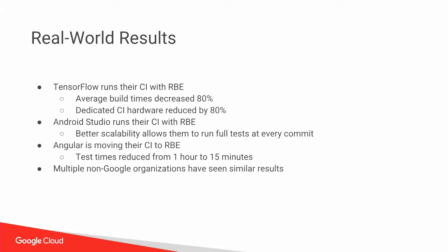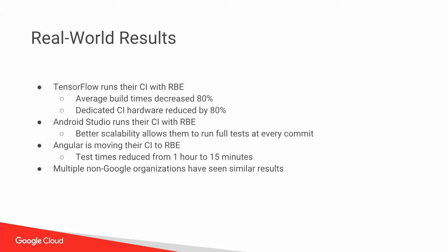At the same time, we've also reduced the dedicated CI hardware that they have. As I said, they can run on smaller machines now. They don't need 32-core machines. They just use little 4-core machines running in the cloud. So it's been a win-win, 80% reduction in hardware, 80% reduction in time. It's been great. In terms of other results, Android Studio is internally running their Bazel-based CI with this